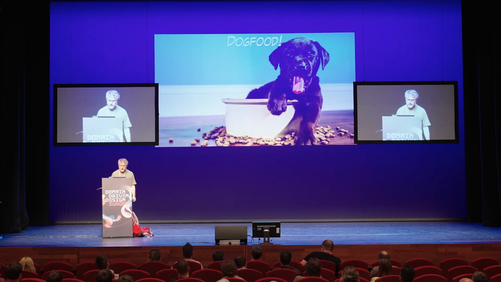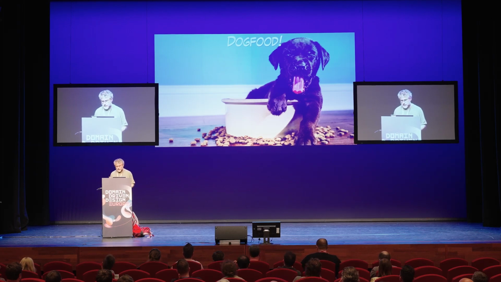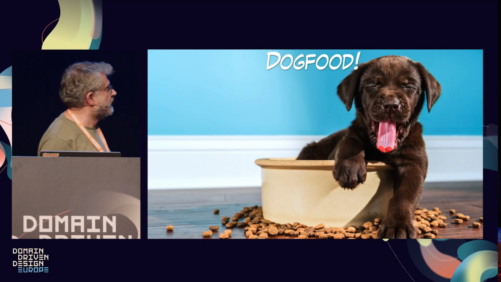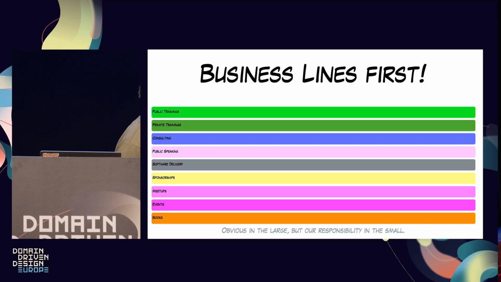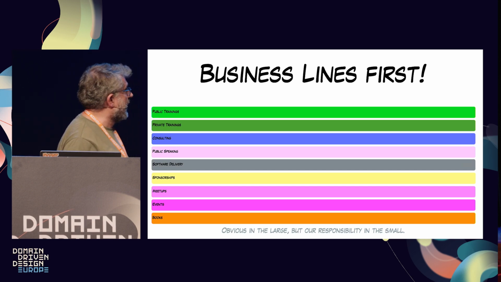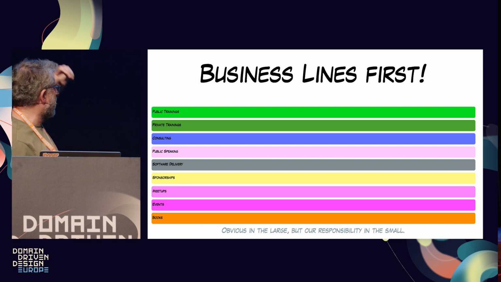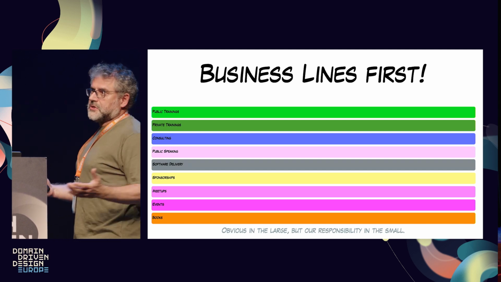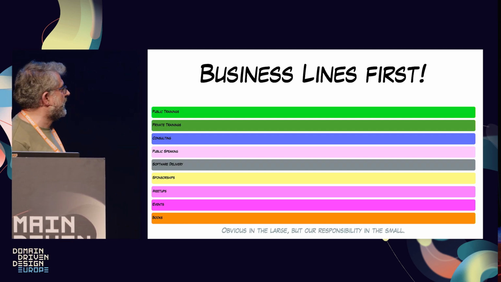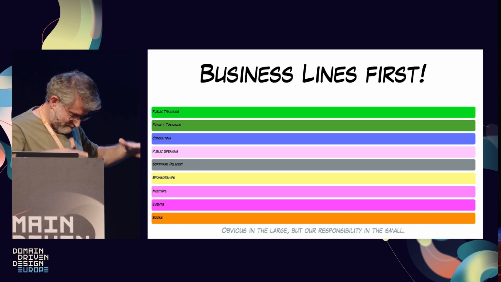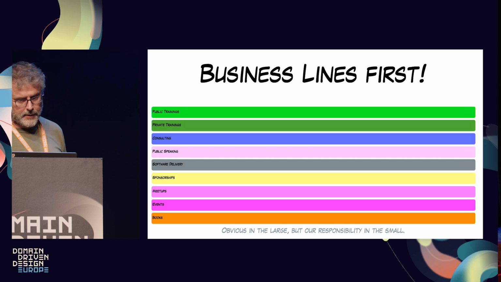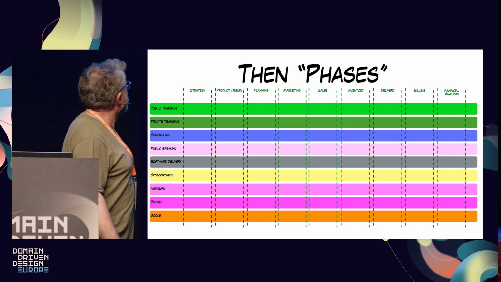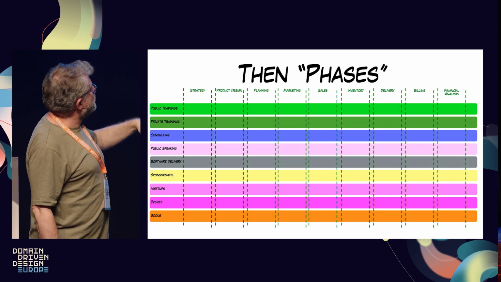That was our approach. So given the apples and oranges separation, we said, no, we need something more sophisticated. So we started highlighting what were the business lines first and used this as our first splitter, discriminator between the different areas. It's something which is really obvious if you're working with large companies, because you don't get to work at two or three business lines at the same time. But if you are a small company, this is something that you need to highlight because the story might be different.